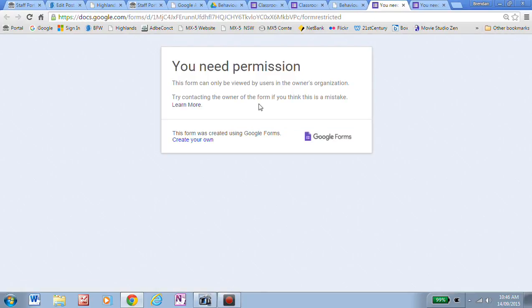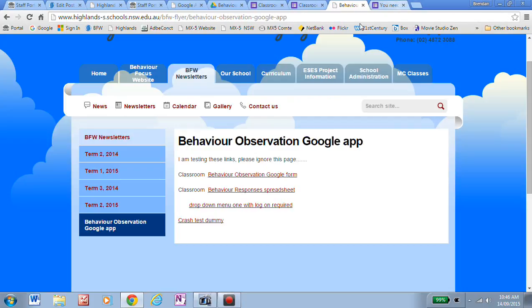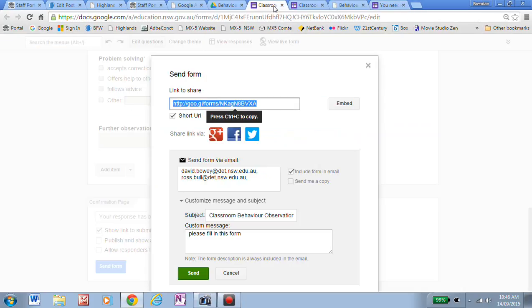If I click on that, remember I've ticked you must be able to use a username to log on. If I click on that, it says you need permission, and then it doesn't give you an authentication process, which is why I've said don't tick it at the moment. I can't understand what the problem is. So, coming back to here,